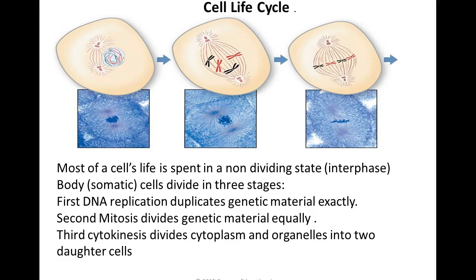All right, the last thing to talk about is mitosis. Mitosis is soma cell replication. Most of the time the cell is just being itself, but replication happens in 3 stages. Prior to that is interphase, which is basically a non-dividing phase. The first thing that happens is DNA replicates itself. Second thing is mitosis, and then you have the